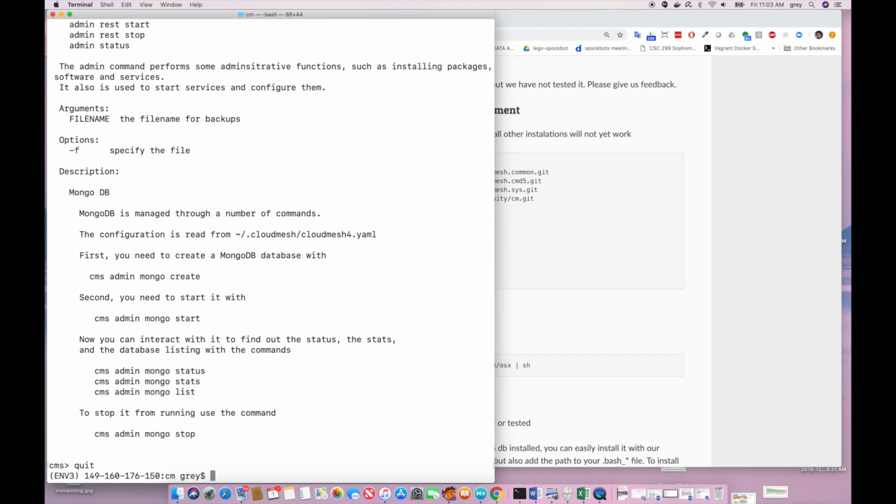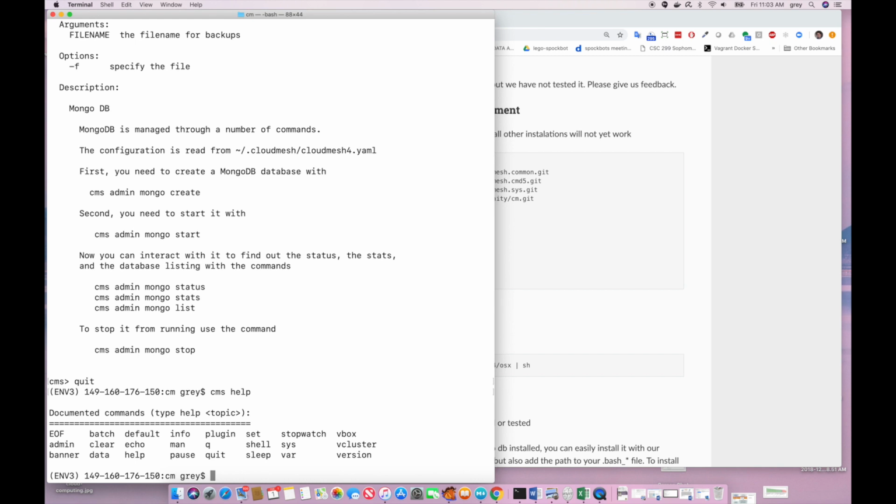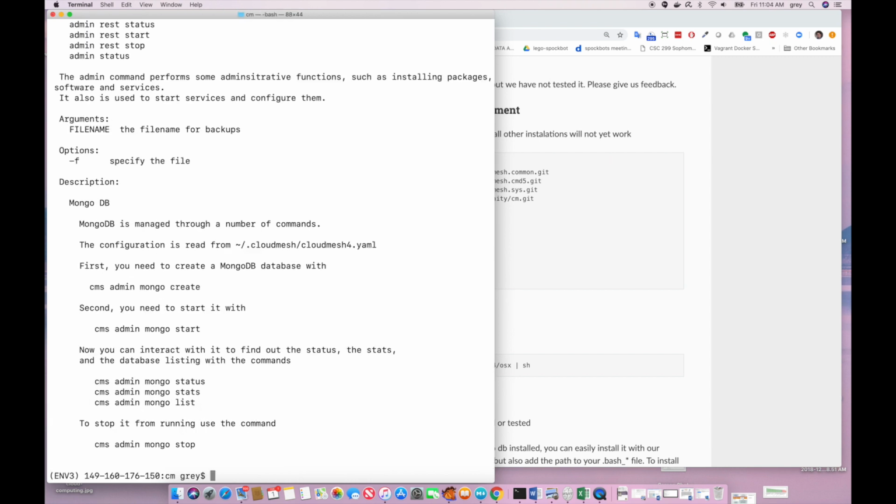This is not only a shell, but also a command line tool. So if I were, for example, to say CMS help on the command line, it doesn't jump back into the shell, but just executes the command and goes back into our command shell. So this way it's very convenient for you to develop programs that are designed in such a fashion. So let us design our own